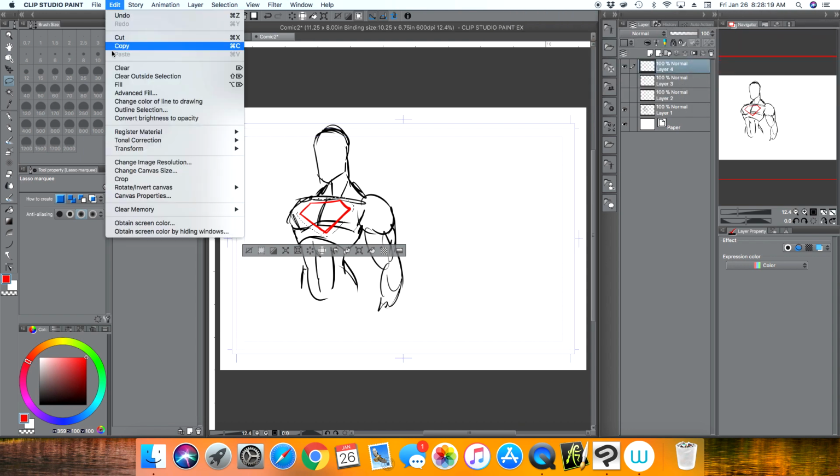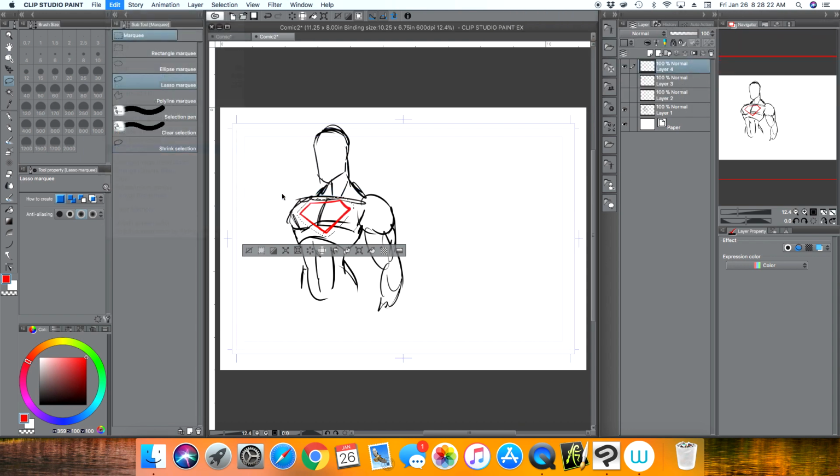Now we go back to Edit, Transform, Mesh Transform. Here, if you look over in the Transform settings, you can see that I have 4x4, and that just means these little square nodes. I have 4x4. You can do less. You can do 3x3. Whatever helps your drawing. I think 4x4 is pretty good for this. With this, what you can do is imagine this mesh curving to Superman's chest here,